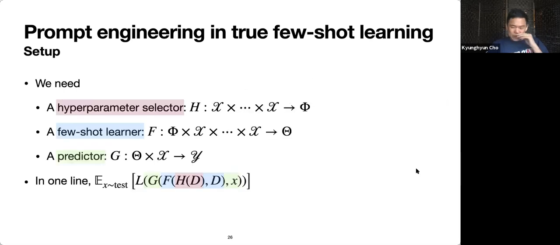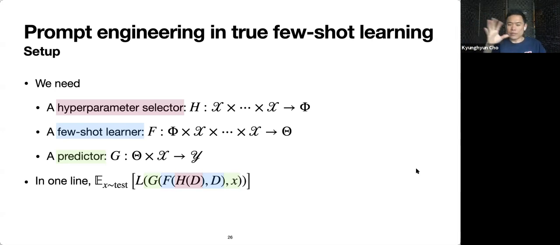So what do we need in order to run these experiments? The first thing is that we need a hyperparameter selector that's going to take as an input a very few labeled examples and give us the hyperparameters of this few-shot learner. Then we need the actual few-shot learner that's going to take as the input the combination of the hyperparameters and this small number of training examples in order to output the actual model.